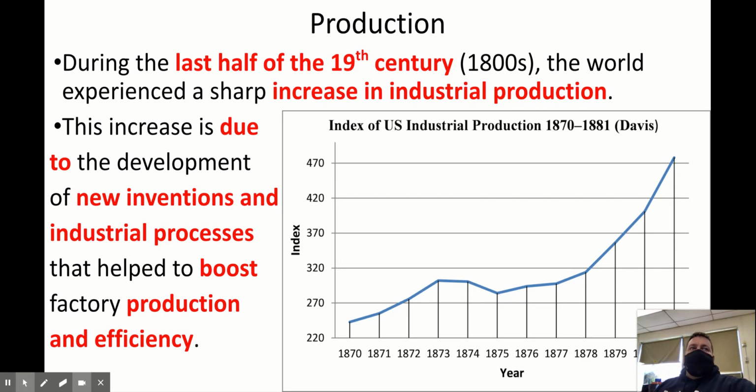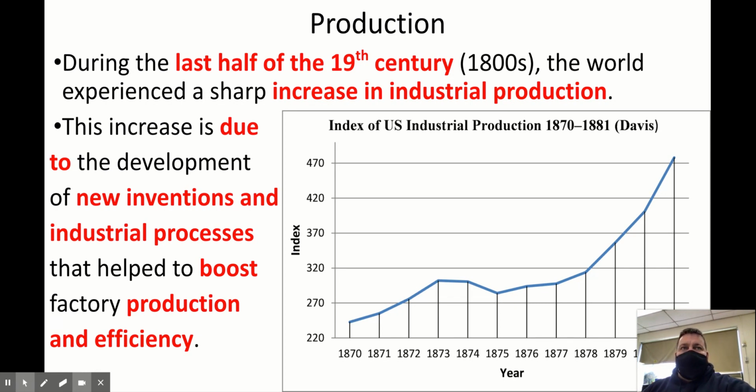All right, so this graph that we're looking at here is an index of U.S. industrial production. And I understand that this is world history. Why are we looking at a graph of U.S. industrial production? But I think suffice it to say that although this is for the United States, we will find a similar looking graph for any of the developed nations. The only difference really is the time frame, right? When things are happening. So while the Industrial Revolution starts in Great Britain and the U.S. is soon to follow thereafter, a lot of the other developed nations